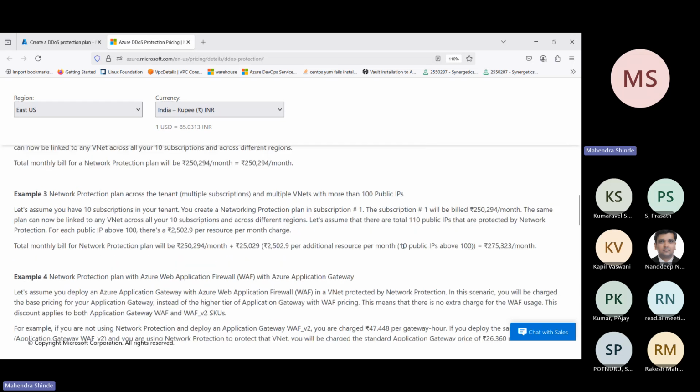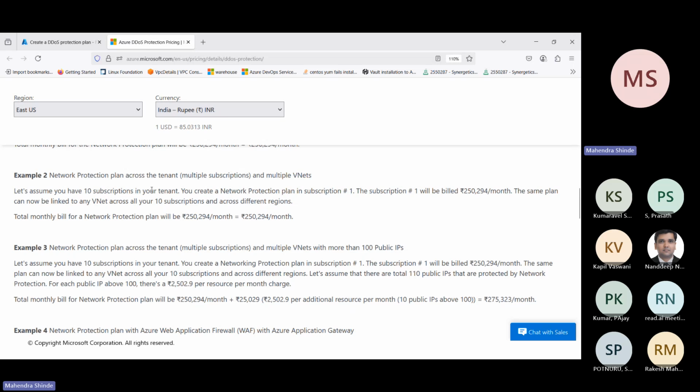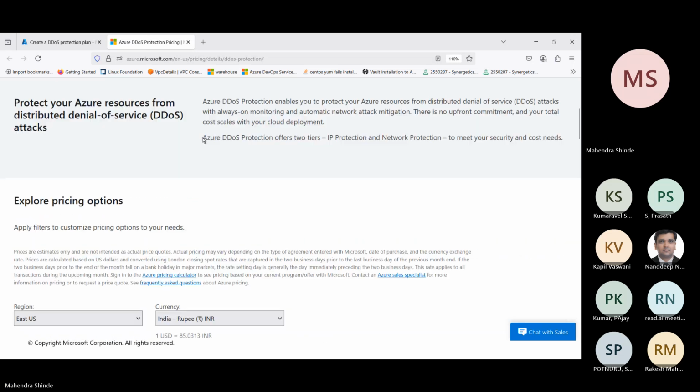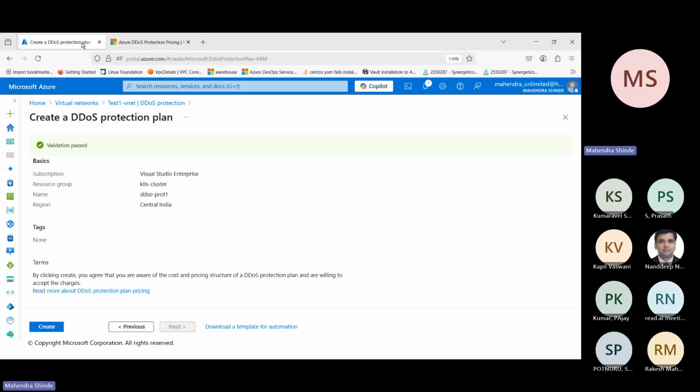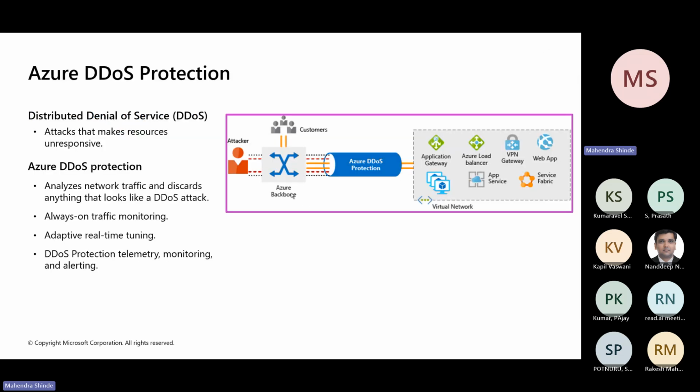Okay, so there is a pricing details available here that you can refer to. I will not create this because I don't have any network as such right now, or my resources are not active anyways. So you can go ahead and enable DDoS protection and it will intercept all the requests, intercept